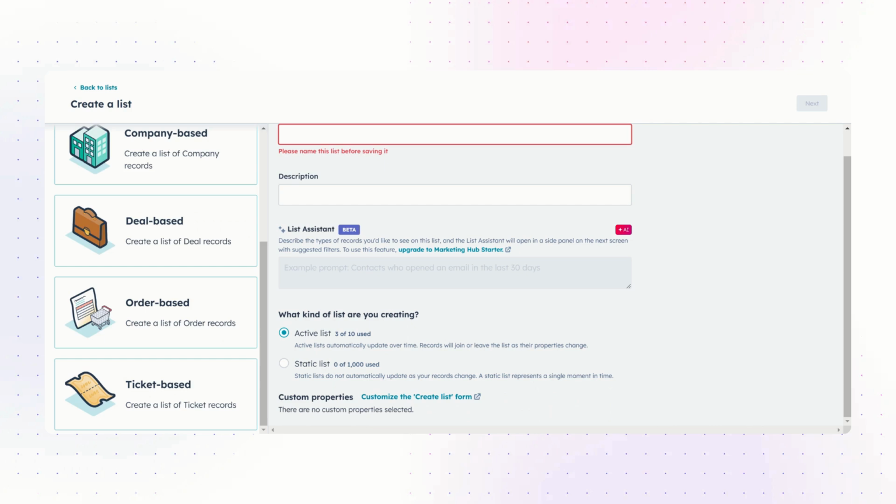Static lists stay the same unless you manually add or remove contacts. You can create filters based on different properties like contact activity, lifecycle stage, or any custom field you have set up. These lists are helpful for organizing your outreach effort, segmenting leads, and running targeted marketing campaigns.